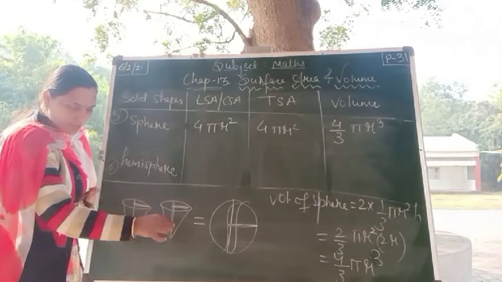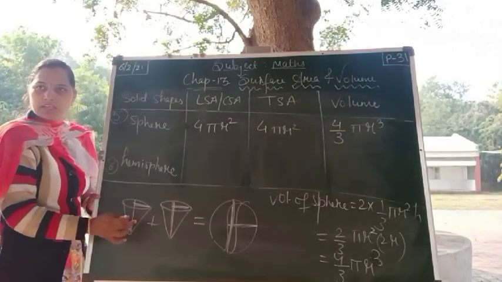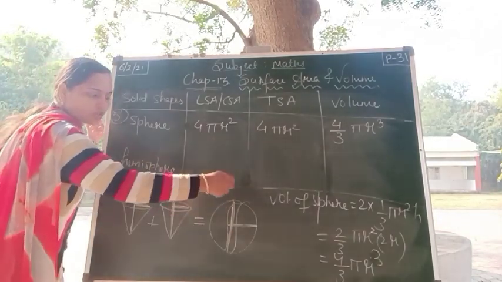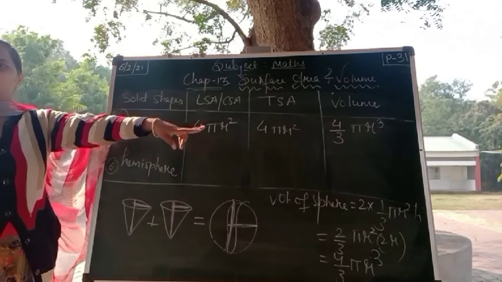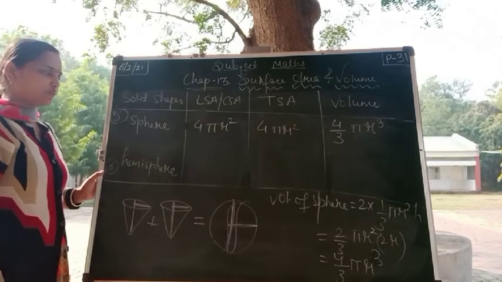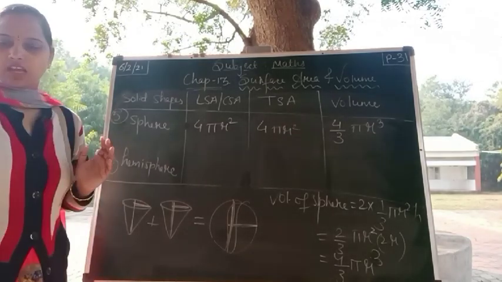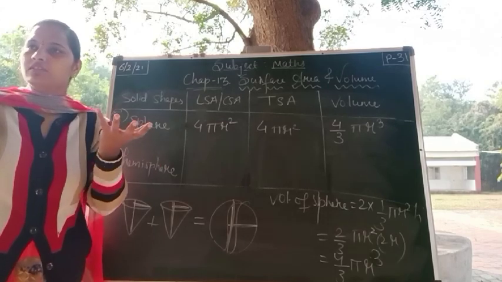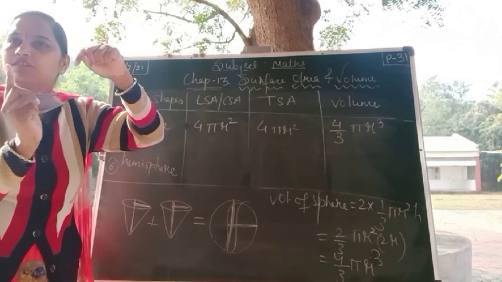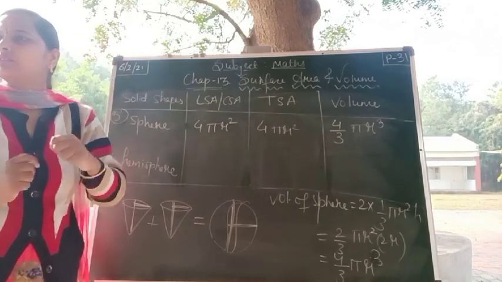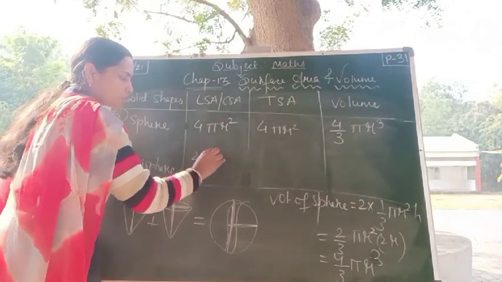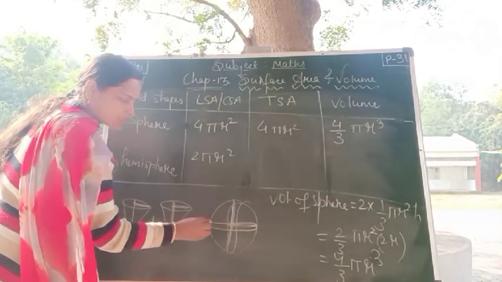It is equal to the diameter only. The heights are equal, and this height of the cone is equal to the diameter of the sphere. Now understood derivation? Now very easy to find out the hemisphere. What is the curved surface area of hemisphere? I'm not having hemisphere. Take a bowl. Just assume in your mind a bowl. Now the curved surface area of bowl. It will be half of the sphere, that is 2 pi r square. Okay. Like this.